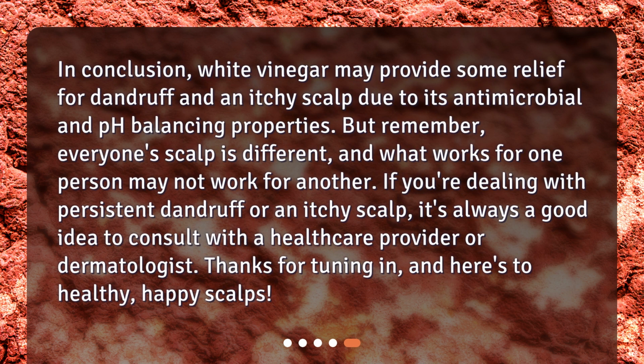In conclusion, white vinegar may provide some relief for dandruff and an itchy scalp due to its antimicrobial and pH balancing properties. But remember, everyone's scalp is different, and what works for one person may not work for another. If you're dealing with persistent dandruff or an itchy scalp, it's always a good idea to consult with a healthcare provider or